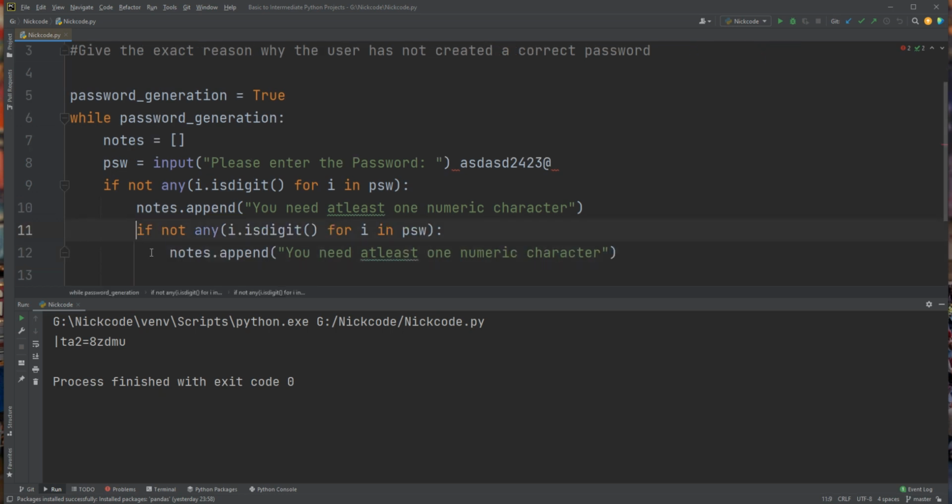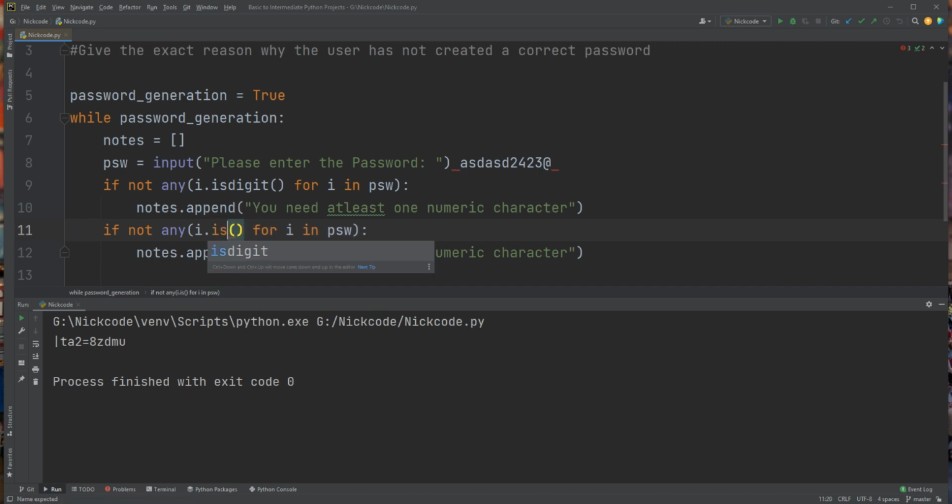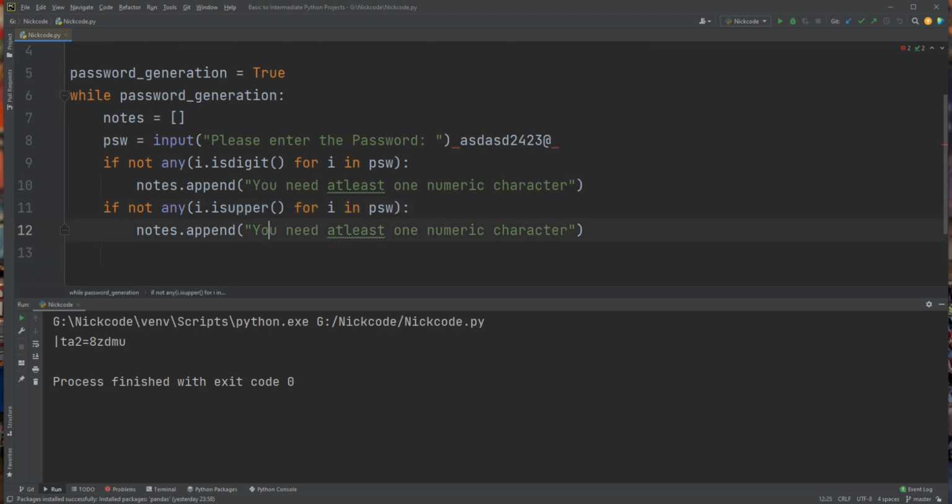Indented, and instead of isdigit I would be using isupper, i.isupper, and I would be saying that you need at least one uppercase character. Okay, or we can say uppercase letter.